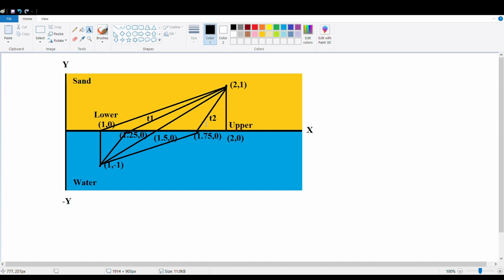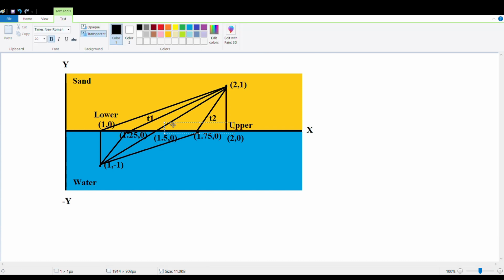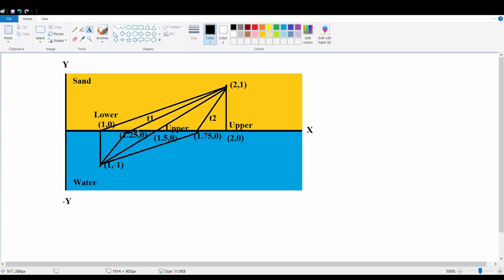We'll check if t2 is greater than t1. Yes, t2 is greater than t1, it definitely will be. So we'll move the upper from this point to this point. Now our upper will lie here. All right, now again we'll make this t1 our mid,